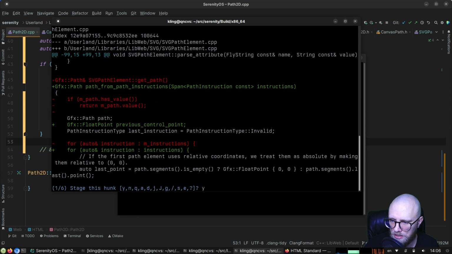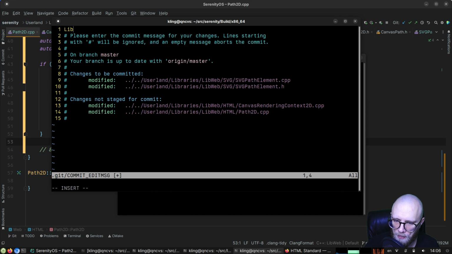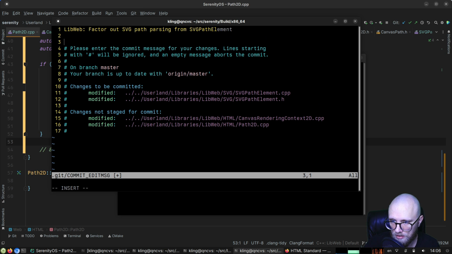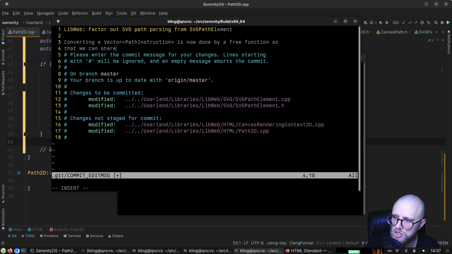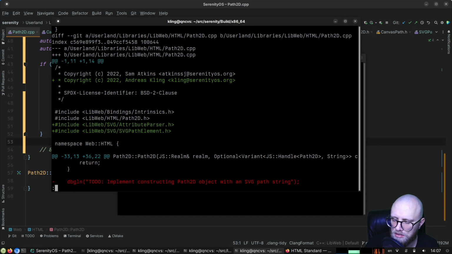So here, let's just say: libweb factor out SVG path parsing from SVG path element. Parsing, converting a vector path instruction is now done by a free function so that we can share this code with HTML Path2D. Okay, and then